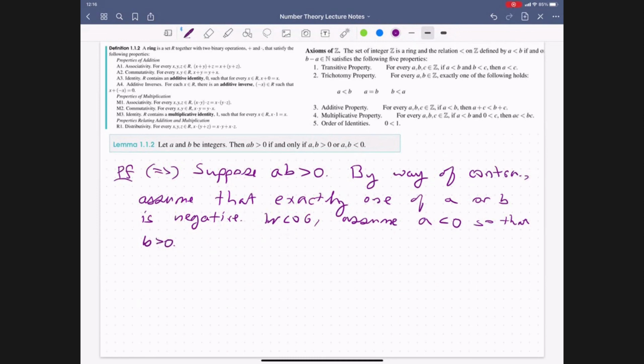And so now we're going to use the multiplicative property once more. So you now use axiom 4 again. So here we have A less than 0. B is a positive integer. So we can go ahead, multiply by axiom 4, that's allowed. This is what I meant earlier. That assumption is crucial, that we know that the C in the axiom is positive. And so we have AB less than 0 is less than 0 times B. But that's 0. And so now we have